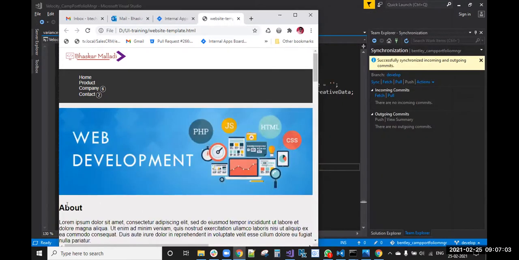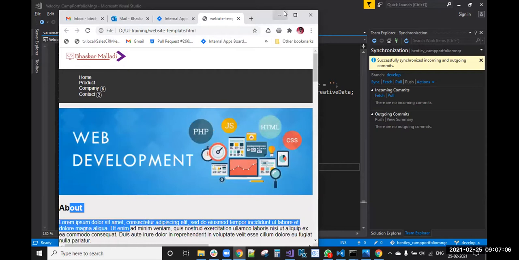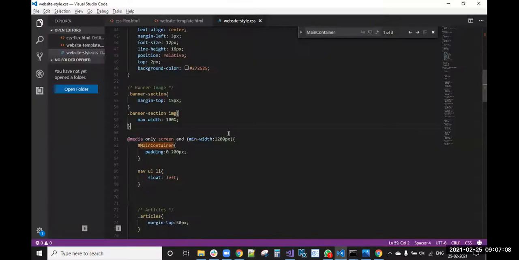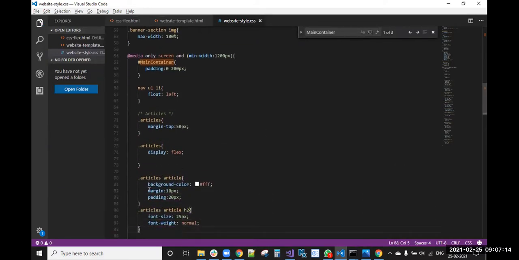Then we will go to this section. For articles, three articles are there, right? This margin-top, okay, and this article display flex is there, right?